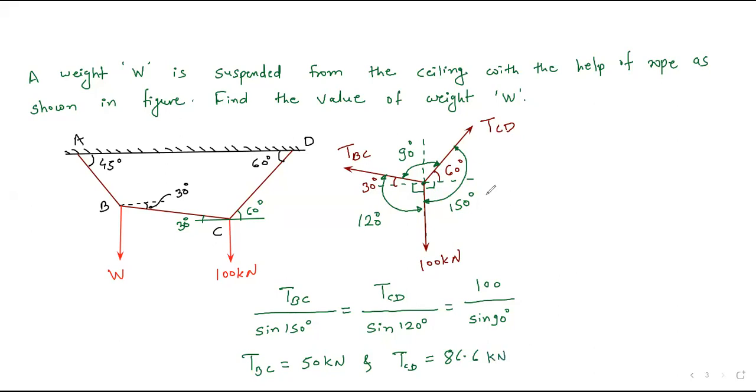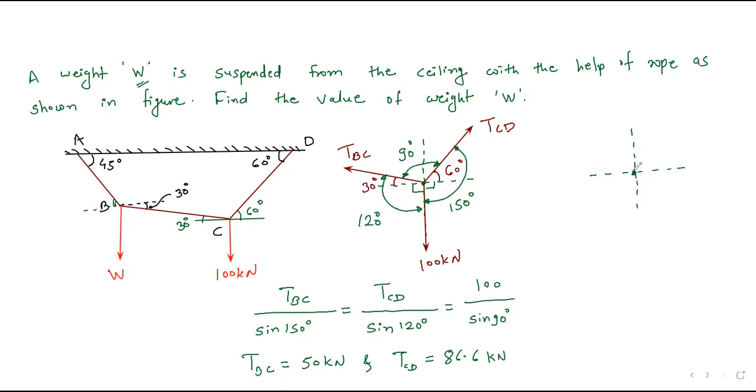So this is the thing. Now go for joint B, but this is not our ultimate answer. They told us to find out the value of this W. Now if I simply draw joint B, here also you can see, if I extend this horizontal line, and this angle is 45 degree, here also the angle will be 45 degree. So now I will again draw the free body diagram for B.